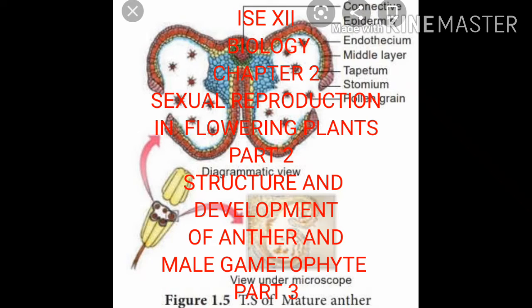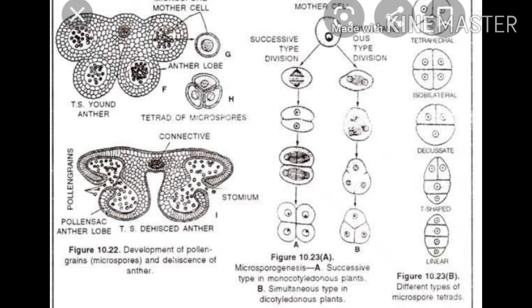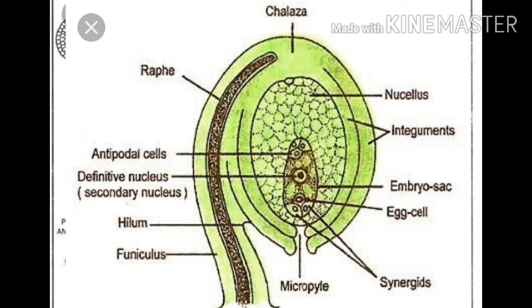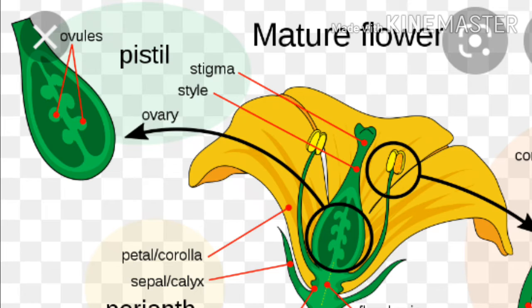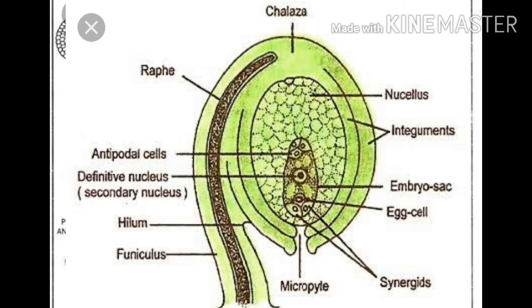Now I am explaining structure and development of ovule and female gametophyte. Ovules, which are born on the placenta in the ovary, develop into seed after fertilization. The ovule is attached to a point on the inner wall of the ovary called placenta. The ovule has a basal parenchymatous part called nucellus surrounded by integument, leaving a small opening at the apical end